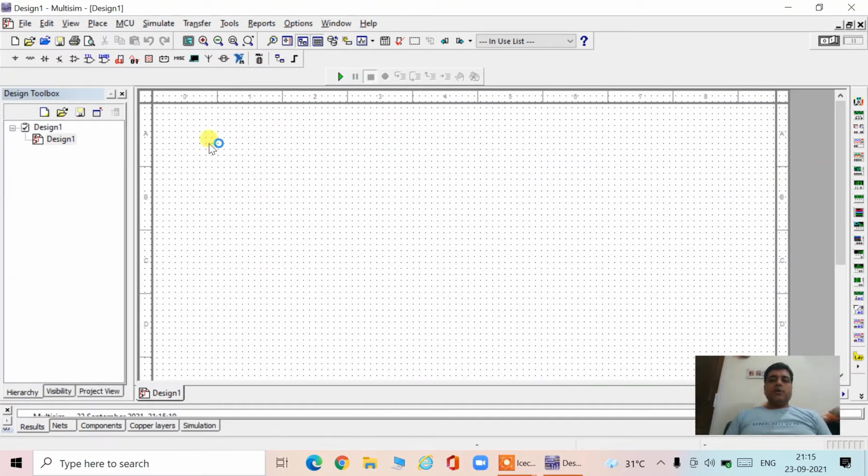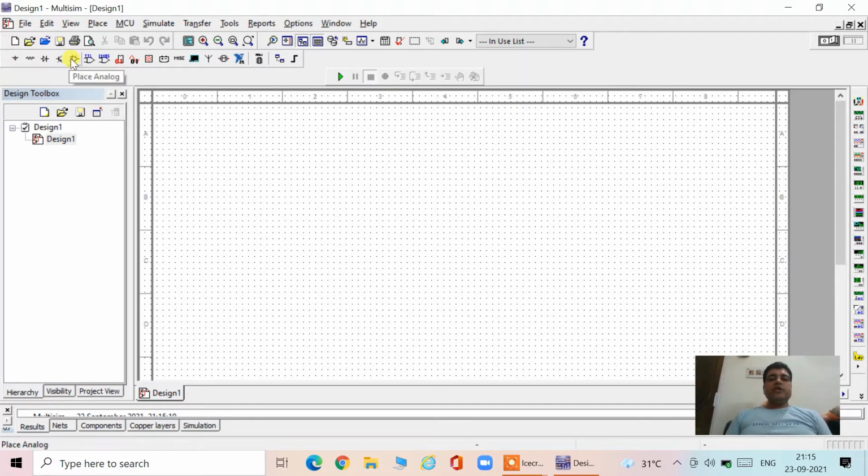So this is our breadboard. All the dots you are seeing are the breadboard points. Now on your right hand side we have the instruments. You can see multimeter, function generator, wattmeter, oscilloscope, and so on. Different devices are present here. On the top side are the sources, basic components, diodes, transistors. In the place analog we will have the op amps.